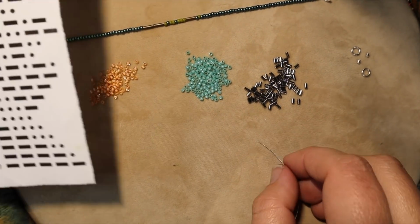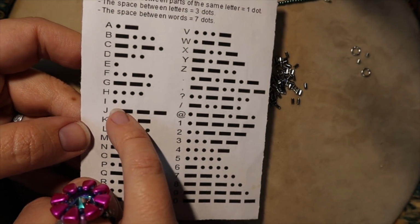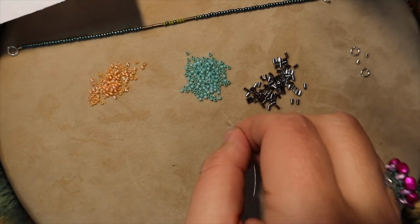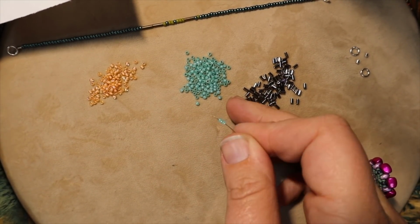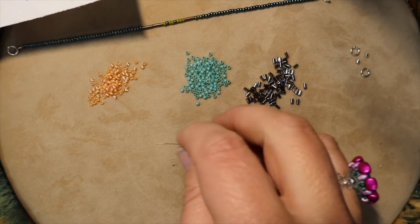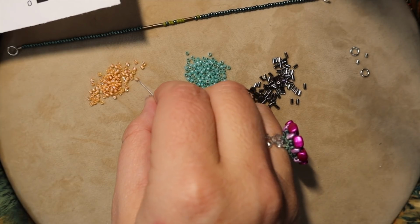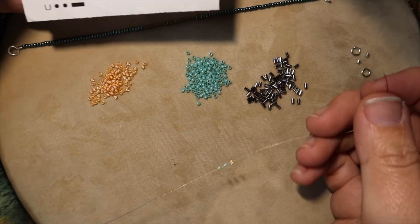So, or no, I'm going to put I love the beach, okay? So I is 2 dots. Okay, so I'm going to use this silver line milky teal as my dots, and I'm going to use this tangerine color here as my separator. So I have I